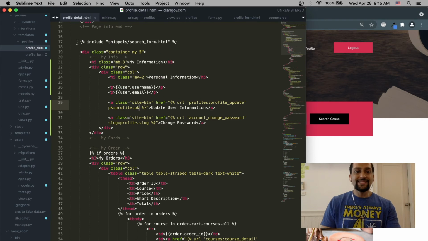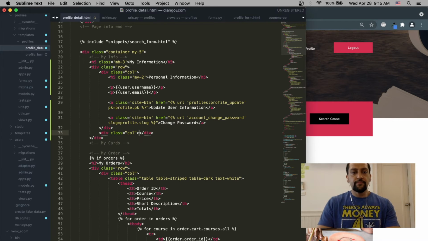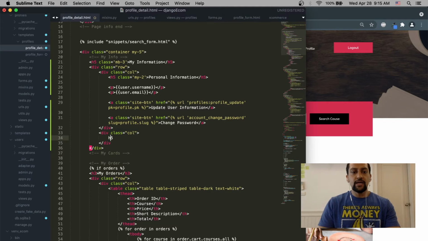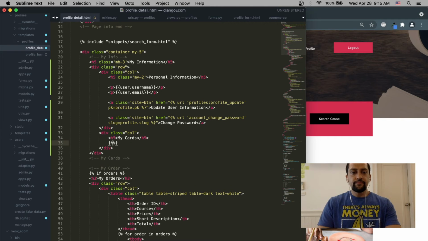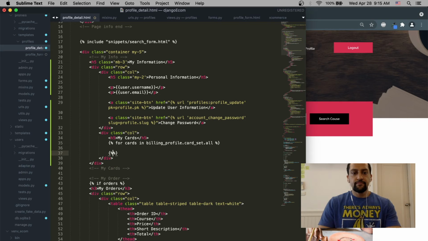So inside our profile detail, we'll go to another div. And now, my credit cards, my cards, for card in billing profile dot card underscore set dot all, and then card dot brand, card dot last digits,